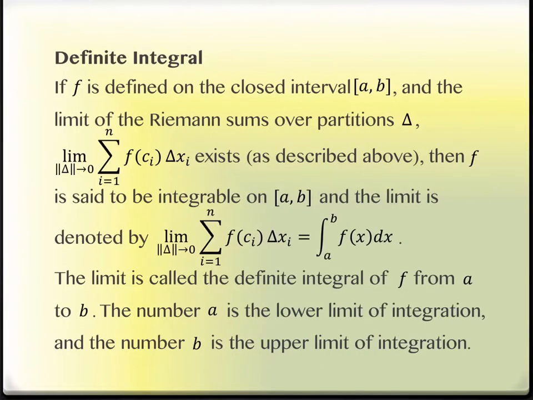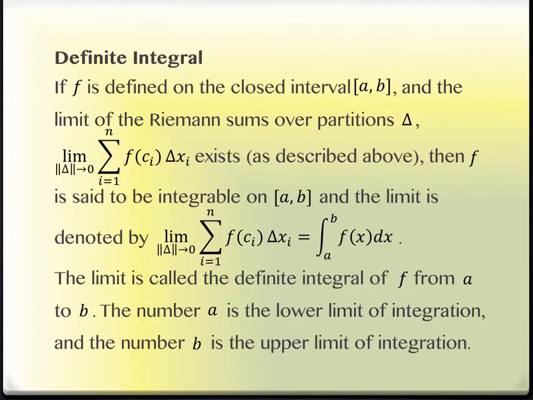Just bear with me. A definite integral. Now, you've seen the word integral before. We saw it back in section 4.1. We used integral when we talked about a general antiderivative. I used the word integral and the word antiderivative interchangeably. So this word definite integral is now showing up, but it's showing up in reference to summations, not in reference to antiderivatives. So if f is defined on that closed interval, and the limit of the Riemann sums over the partition delta,